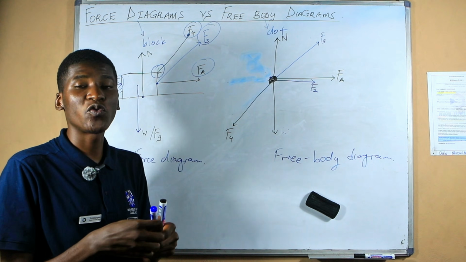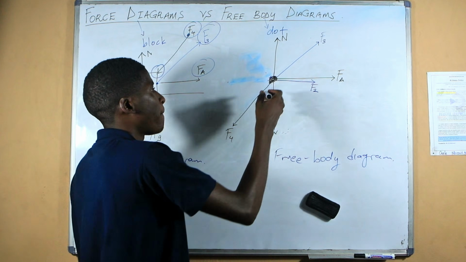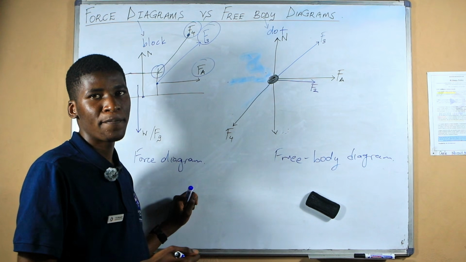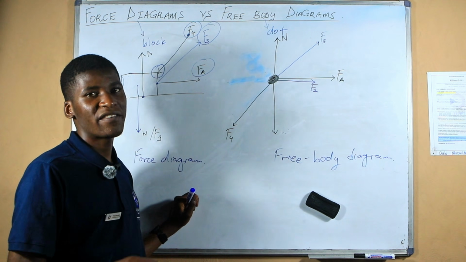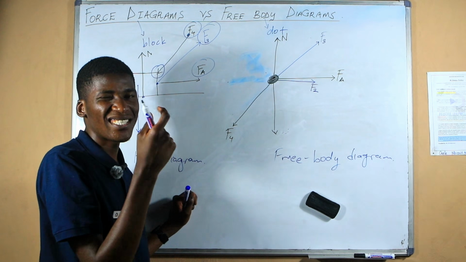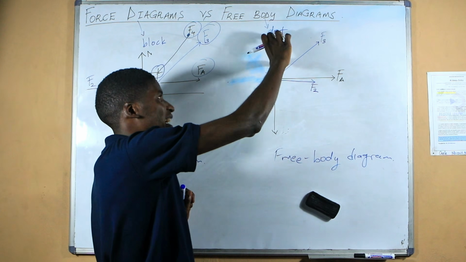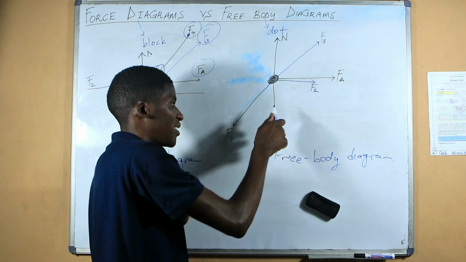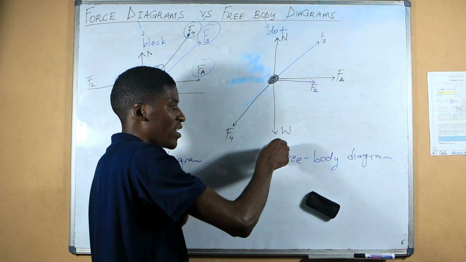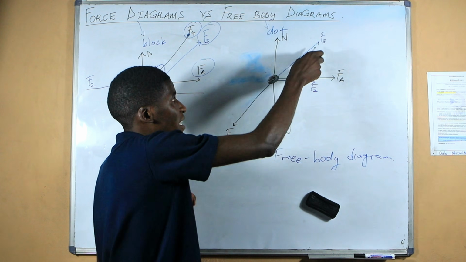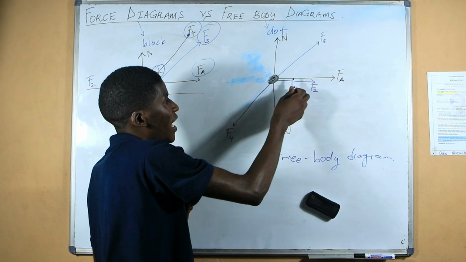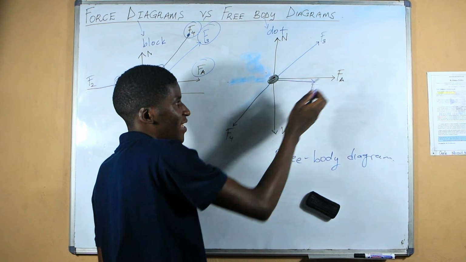So the first thing that you do is to draw a big dot before you start drawing your free body diagram. After drawing a big dot, the tail of each force, because force is a vector, you're going to represent it using arrows like this. Arrows and arrows and arrows. So here, the weight is starting at the dot, going down. Here F3 is starting at the dot, going in that direction. Here FA is starting at the dot, going in that direction.